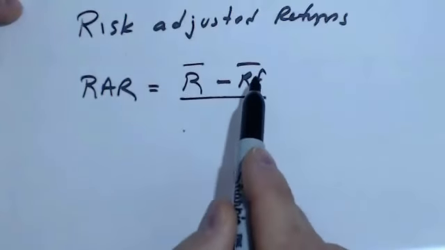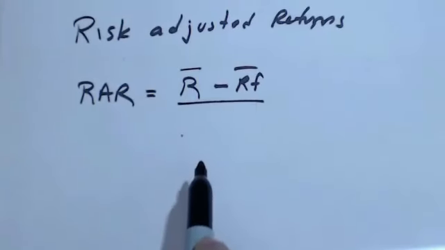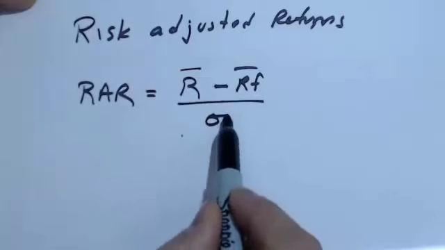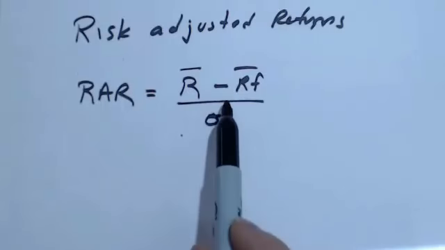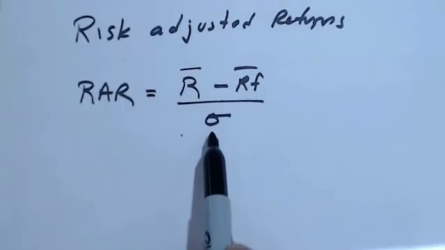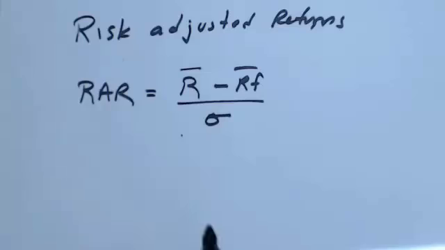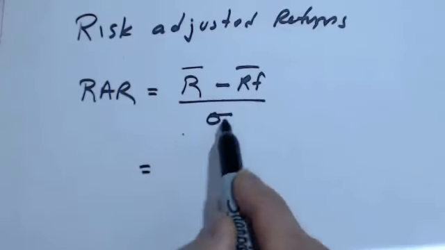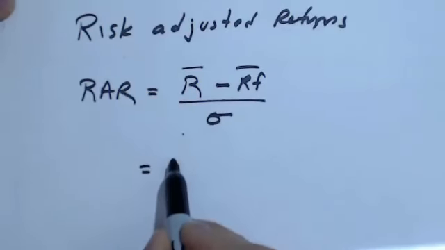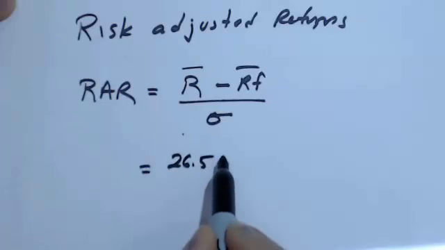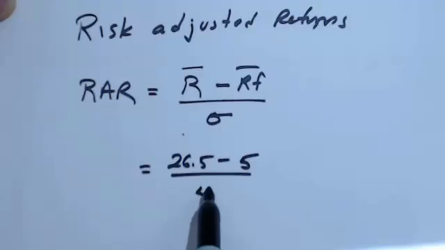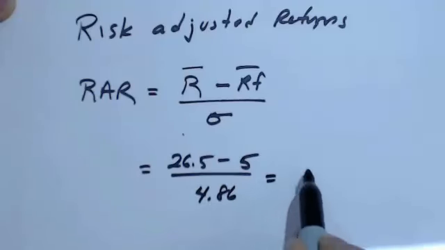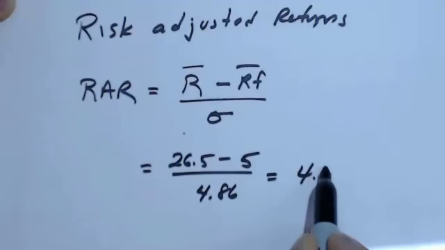It's the risk premium I talked about a minute ago, and it's risk premium adjusted for risk. So we'll be able to measure a risk premium in units of standard deviation. We have all the numbers we need to compute this risk-adjusted return. This will be 26.5, this will be the 5, and this will be 4.86, for a risk-adjusted return of 4.4